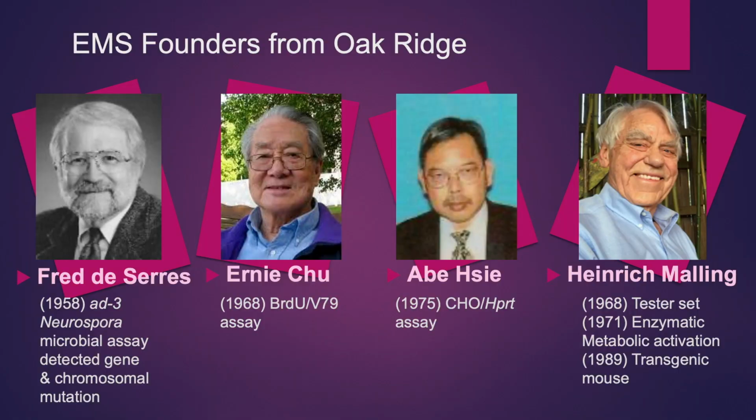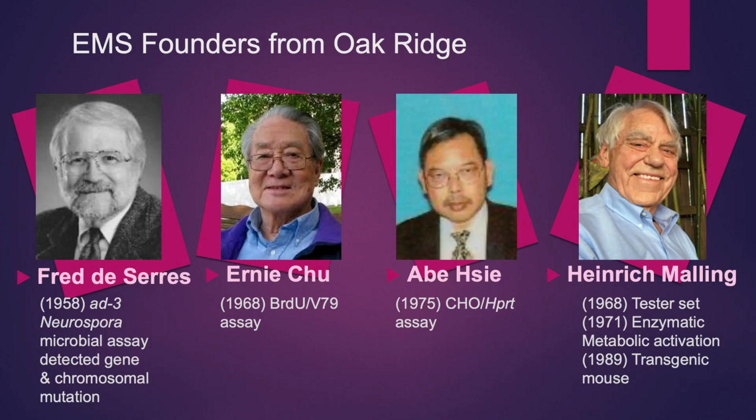Heinrich, of course, also in 1971, invented metabolic enzymatic activation. It was not S9, it was what I would call S30. It was a 30G centrifugation of the supernatant route over S9 plus cofactors. And he coupled it with one of Bruce Ames' strains in Salmonella to make that first demonstration. He later did it with Neurospora. So again, that invention completely changed our field, changed the course of genetic toxicology and certain aspects of cancer research. And of course, in 1989, he, along with Jim Burkhart, invented one of the first transgenic mouse assays. And in 89, the other big transgenic mouse assay, of course, was invented in the Netherlands by Jan Gossen and his colleagues.